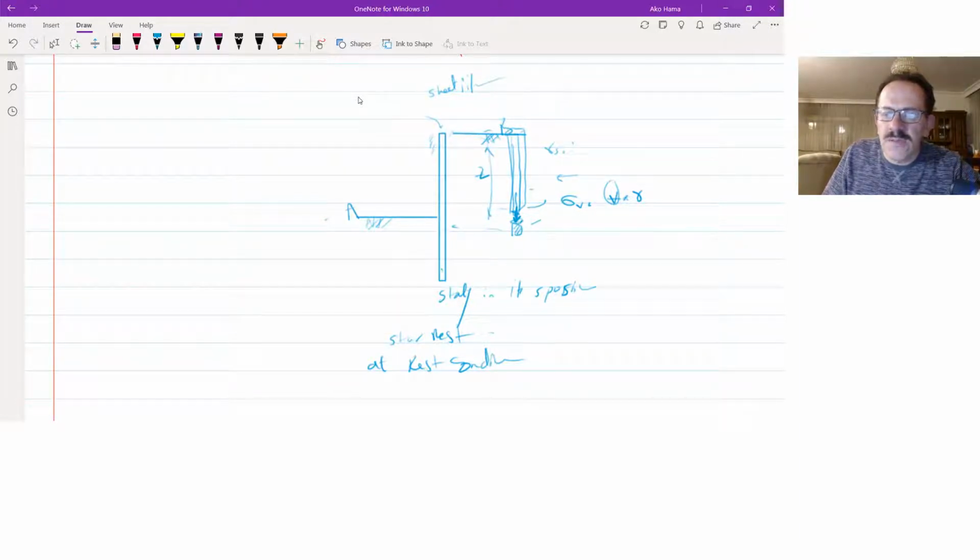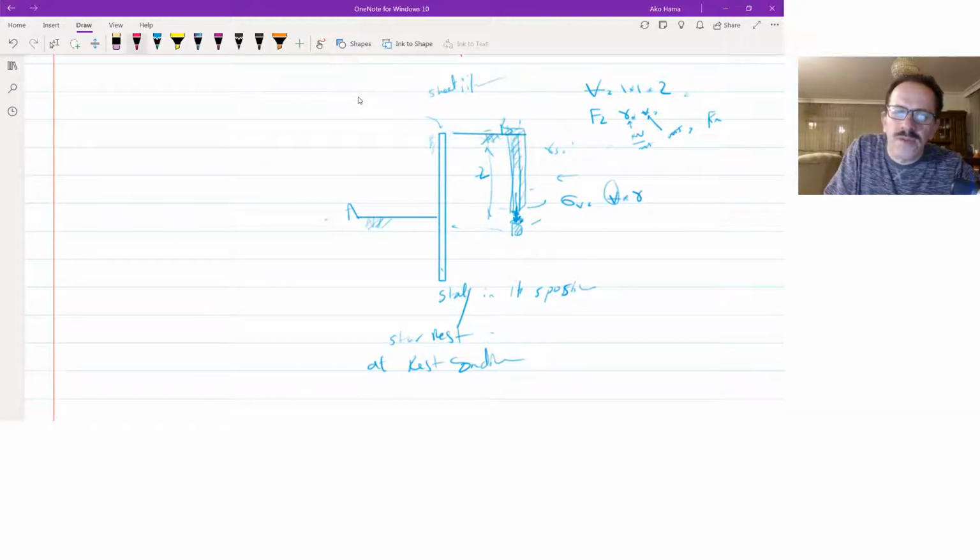If I take this element with a 1 by 1 cross section, the volume is equal to 1 times Z. That is the volume of this column, which gives you how many cubic meters of soil we have above that point. And the force is equal to gamma times this volume. Gamma is in kilonewton per meter cube multiplied by the volume in meter cube, so that gives how many kilonewtons affect the surface of this element.